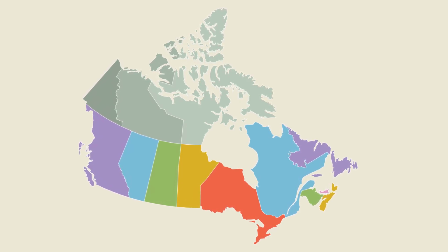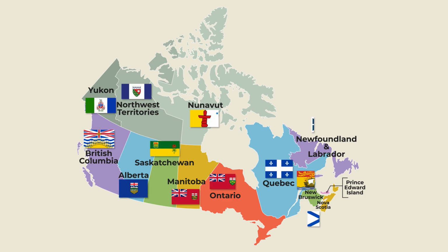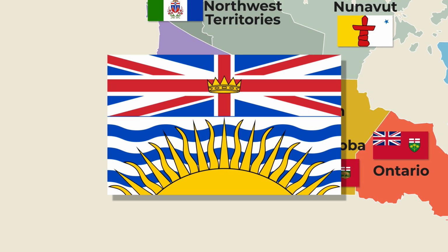It's made up of provinces, 10 to be exact. However, in addition to its 10 provinces, Canada also has 3 territories. So in total, I'll be grading 13 flags. I'm going to go west to east, starting with the provincial flags, which means that the flag of British Columbia is up first. Now, British Columbia happens to be the province where I live, but I'm not going to give